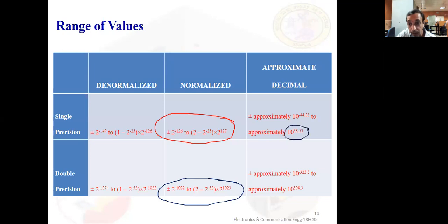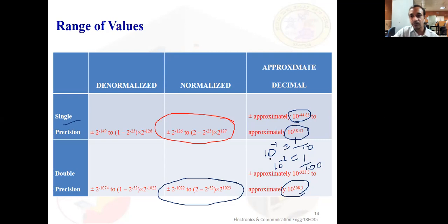So up to 10 power 38, such a huge number you can represent in single precision. If you feel that is also not enough, you can go up to 10 power 308. Of course, we can't even imagine what such a huge number could be. Maybe for astronomical data or something like that, we may need that. Similarly, the lowest number here is 10 power minus 44. Just think, 10 power minus 1 is 1 by 10, 10 power minus 2 is like 1 by 100. So a small number. So imagine 10 power minus 44. Such a tiny number can also be represented with floating point numbers.